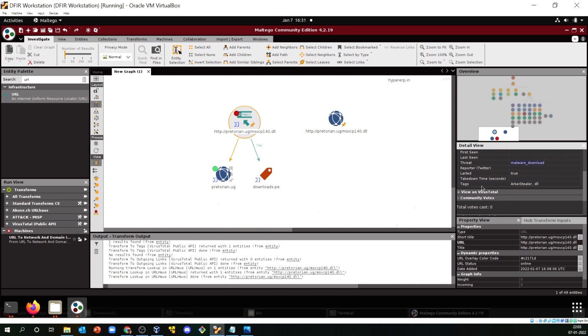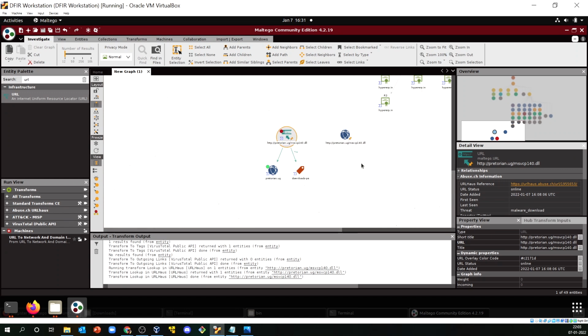Okay, and you see there are tags also present for this particular URL, so there could be a malware sample that can be downloaded from this particular domain.